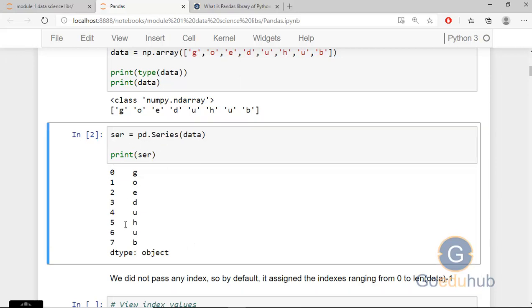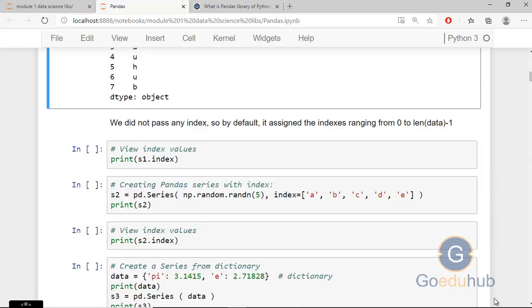So basically the difference between series and NumPy array is that series has labels. Here you can see we have the labels 0, 1, 2, 3, 4, 5, 6, 7. Pandas always produces the data with labels, so it is very easy to work with the data in pandas. And like we don't pass any index, so by default it assigns the index ranging from 0 to length of data minus 1.